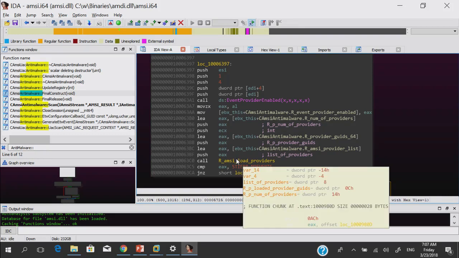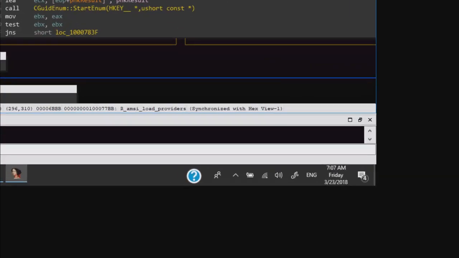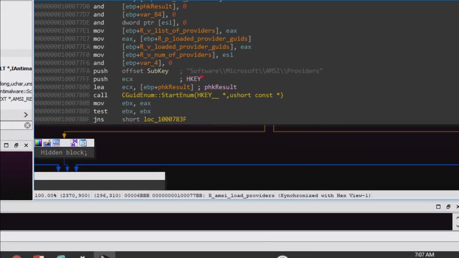Now, if we take a look at the load providers function, we can see the first thing is a reference to this string right here, which is software Microsoft AMSI providers. Now, this is a pretty encouraging hint that we're in the right place. We're looking at the registry key where you would register a provider.